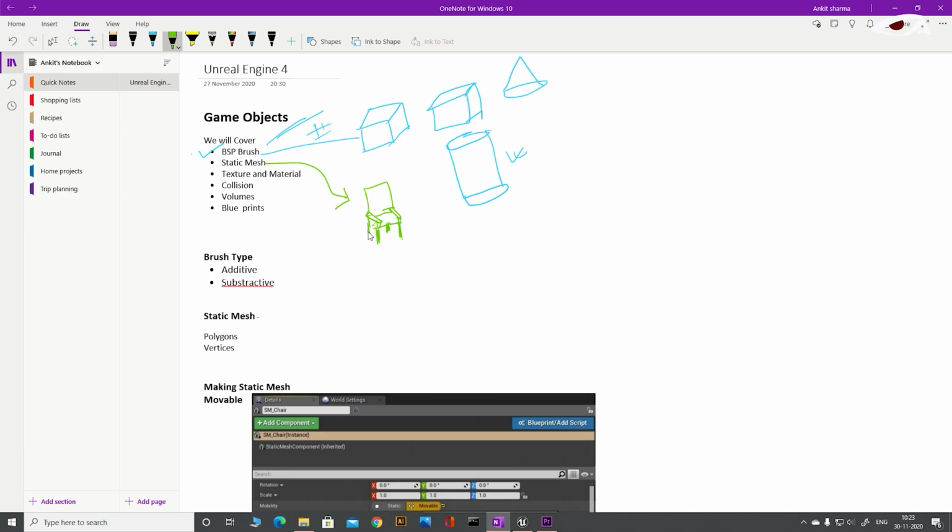Now on the other side, there is a static mesh. A static mesh is a geometry made up of polygons. It is made up of lines connecting vertices. A static mesh has vertices that cannot be animated, but the entire mesh can be translated, rotated and scaled. Take an example of a lamp and the door as we have seen before. Static meshes are usually first created in external software such as Maya, Blender and any other 3D software, and then we can import them into the Unreal Engine. So it is basically an external 3D model.